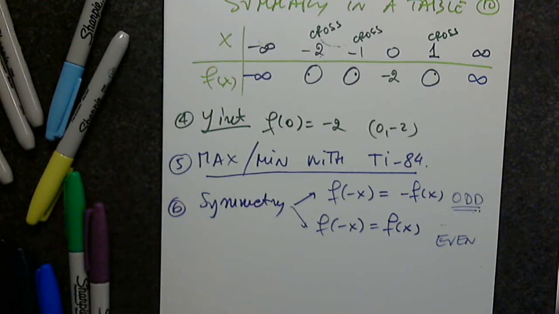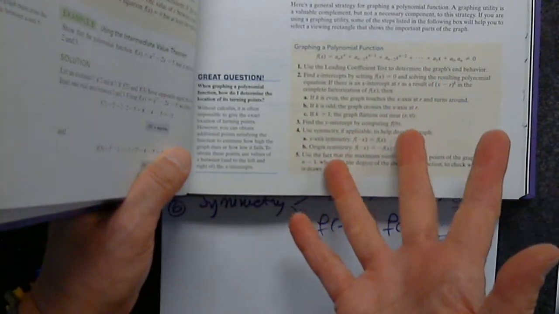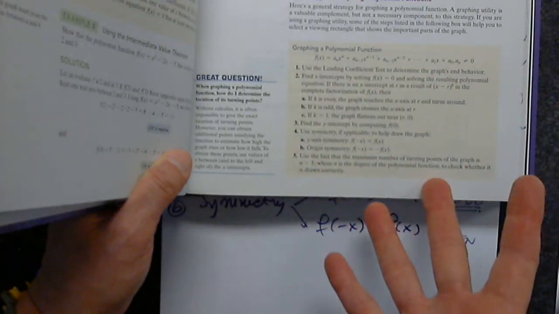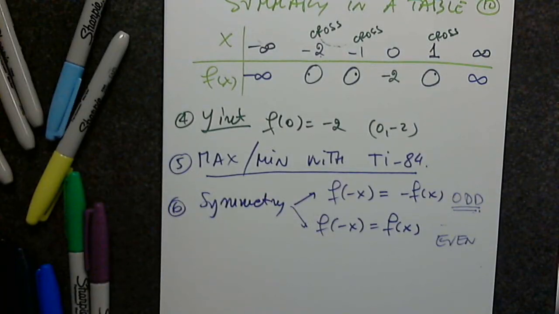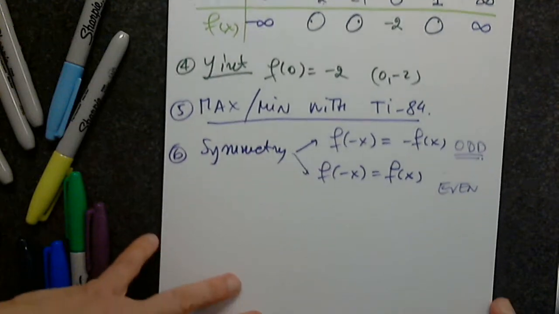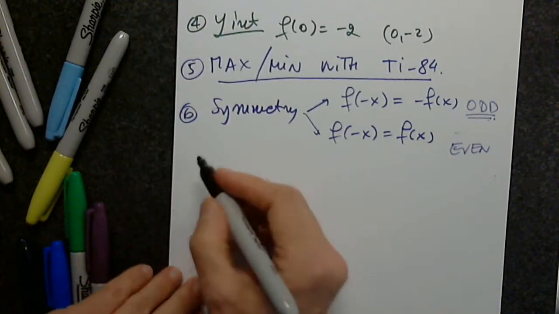I wanted to point out this method in the book. What we're doing is exactly the same thing, but I'm showing you to summarize the information in a table because this is very important and very much easier to put everything together. I know I'm almost done. So number 7,